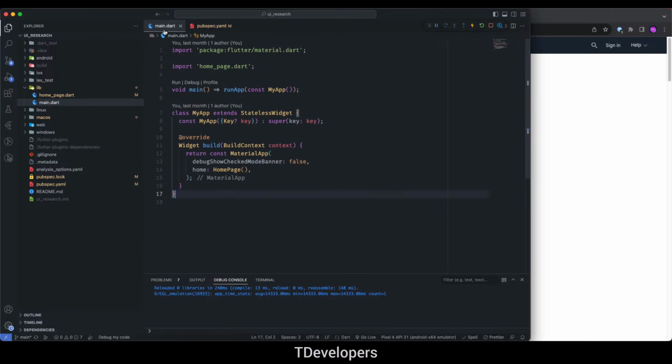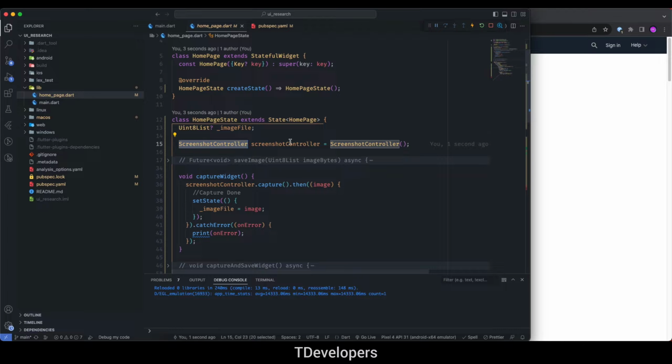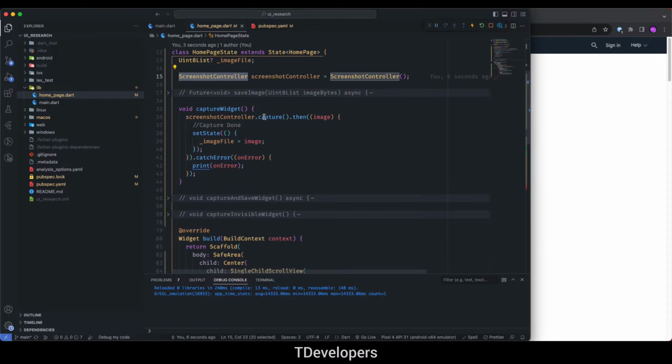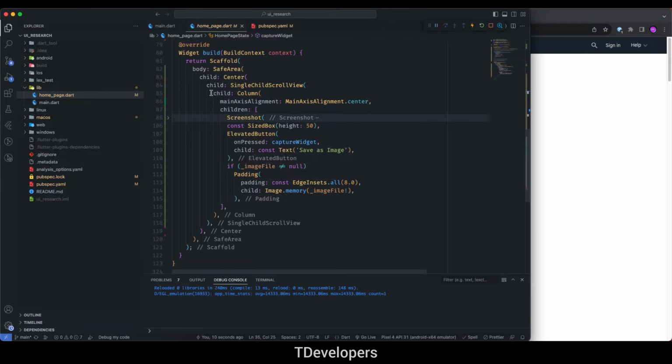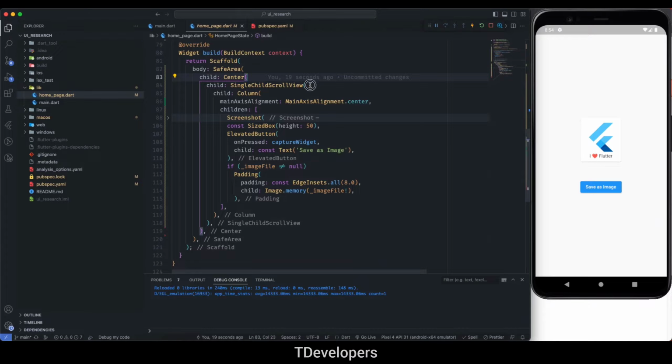Once that is done, you will be able to get this screenshot controller. Define it here inside the state of this home page, and we will see this capture function later. Inside the build method in the UI, we have this scaffold, and inside the single child scroll view,